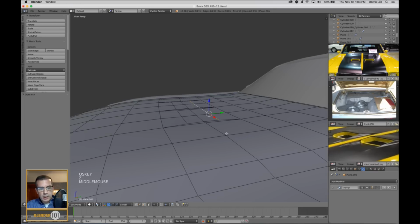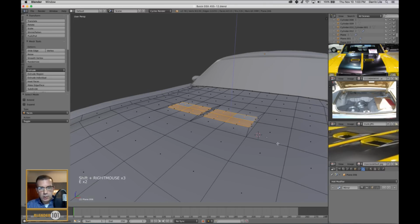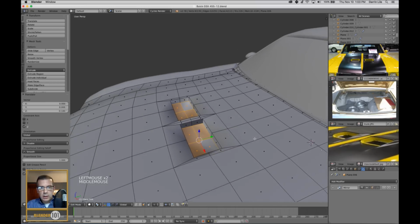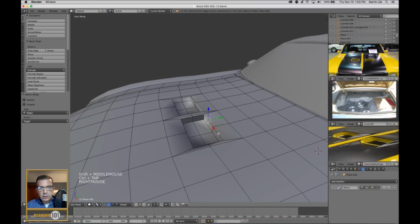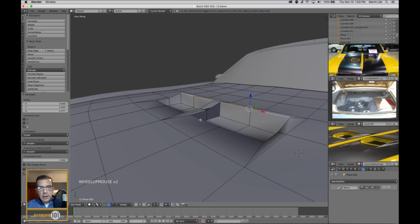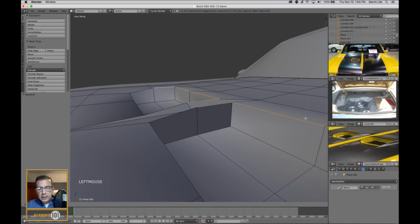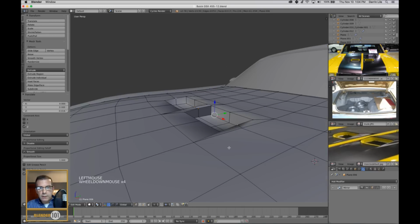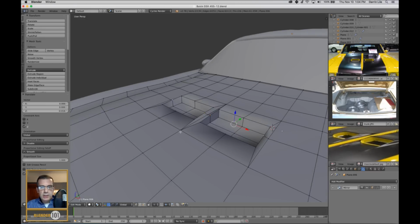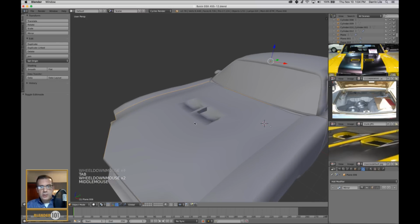Or maybe what I need to do is extrude these down first. Let's try that. Let's take these and extrude them down. Straight down like that. All right. And then let's take these edges here and pull them up. Is that going to work? And then what's going on here? Maybe I should grab all of these, pull them up like that, and then grab these points and pull them down a little bit like that so it kind of angles. I don't like these pieces here that's happening. See how that looks. Yeah, that's going to be a little...